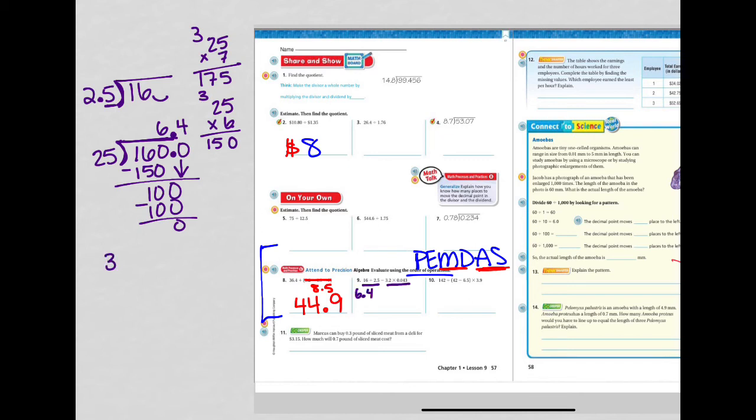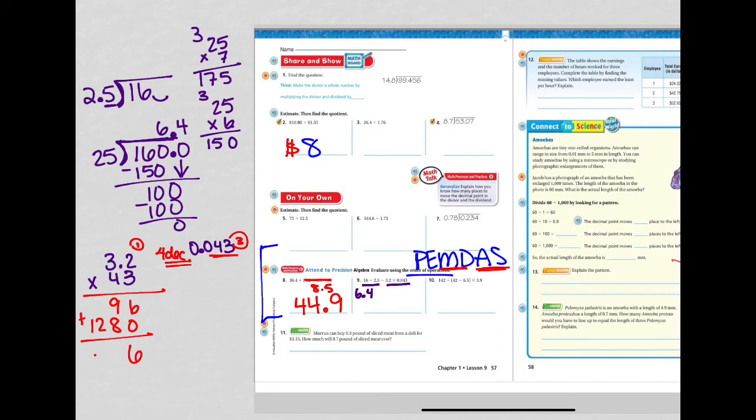And then I need the 3.2 times 0.043. I only need 2 of these decimal spots though, so I'm just going to use the 4 and the 3. And I know that I have 3 decimal spots here, and I have 1 decimal spot here, so I'm going to need 4 decimal spots. So I'm going to make myself a little note. So that when I multiply this out, 3 times 2 is 6, 3 times 3 is 9. And bring down a 0, 4 times 2 is 8, 4 times 3 is 12. So I have